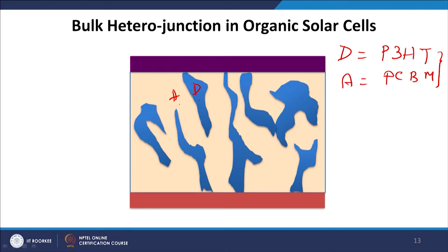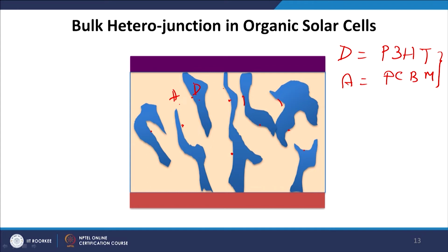Now we have created a lot of this nano interface. Now these are all this nano interface. At all of this nano interface, the exciton has been dissociated. Why? Because at this nano interface now I have a potential difference. Since there is a potential difference, there will be an electric field gradient, and this internal electric field gradient helps to dissociate the exciton or the bound excitons, and because of that the exciton has been dissociated at all of these interfaces. You can see that we have created a lot of the nano interface throughout this active material,